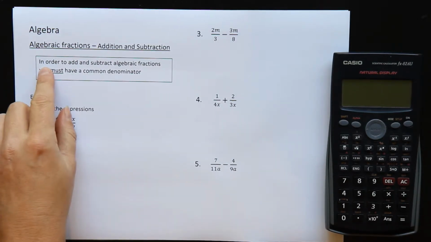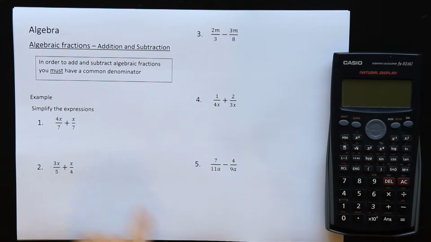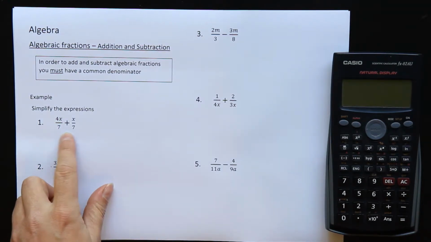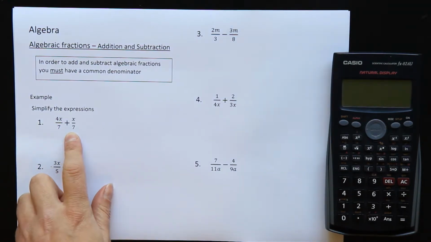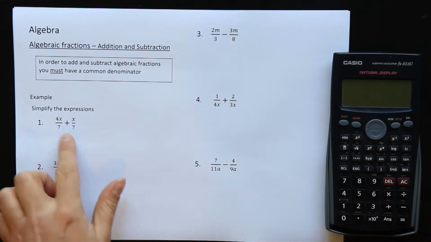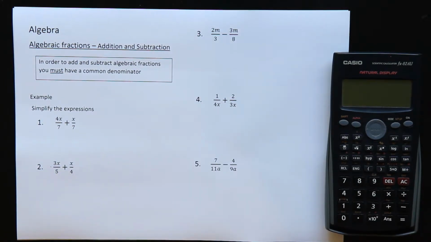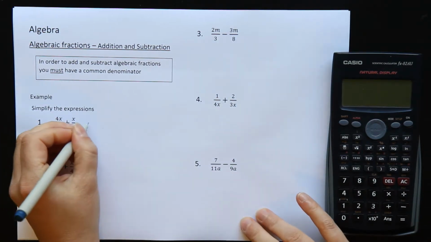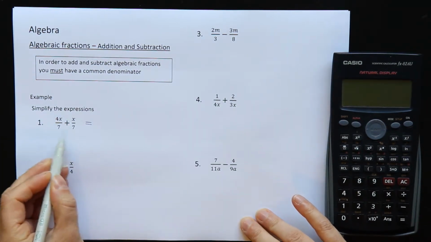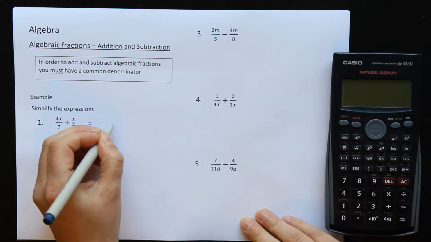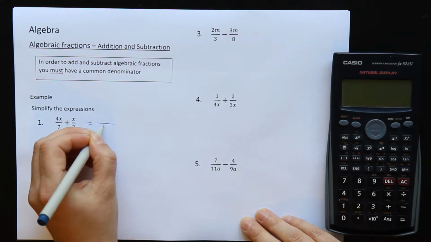So in order to add and subtract algebraic fractions, you must have a common denominator. Common denominator just means we need the same number to be on the bottom of our fractions. If they are the same, which in this case they are, all you have to do is add the tops together. So for this first question, since the bottom numbers are already the same, the denominator stays the same,